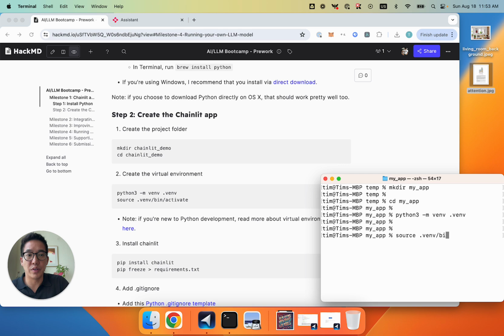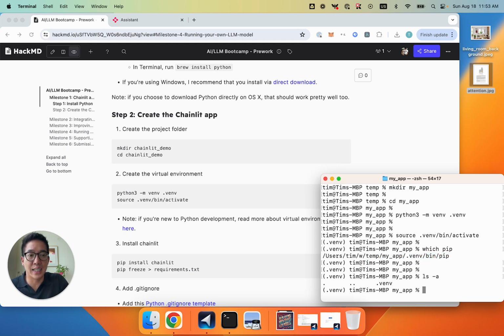So you type this command. You can see that it changes the terminal to indicate that it's activated. What that did is actually a pretty simple thing: it modifies your path. If I say which pip, you can see that it's reaching into your local folder. When I created the virtual environment, if I type ls -a right here, it created a hidden folder called .venv, because that's what I named it. And then in that folder,